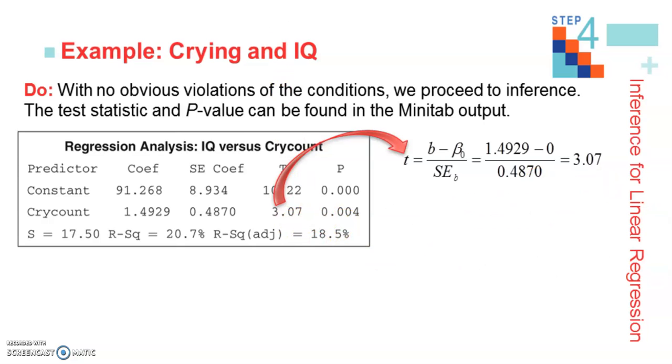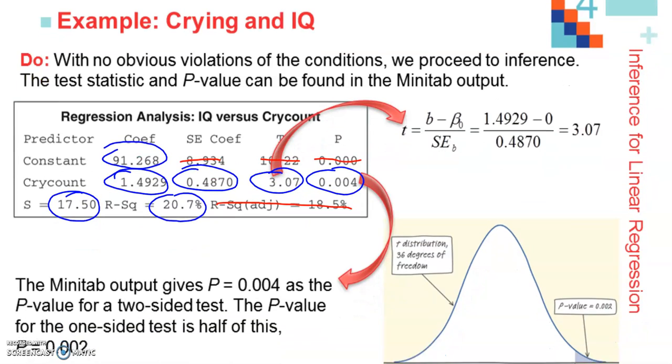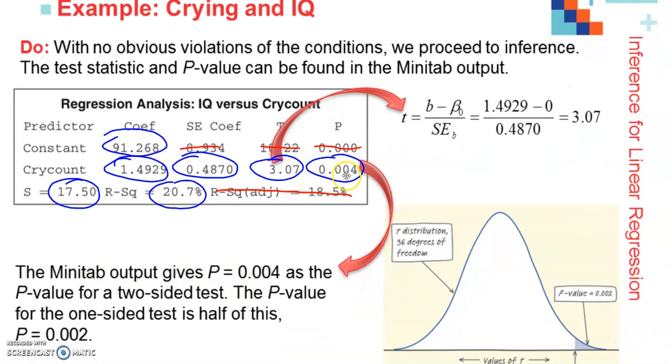Now, the p-value for this test is actually not going to be 0.004. That's because that p-value that's given right here is for a two-sided test. So all you have to do is take that value and cut it in half, and our p-value is 0.002. So now all these numbers I've circled in blue should be numbers that we know how to interpret,